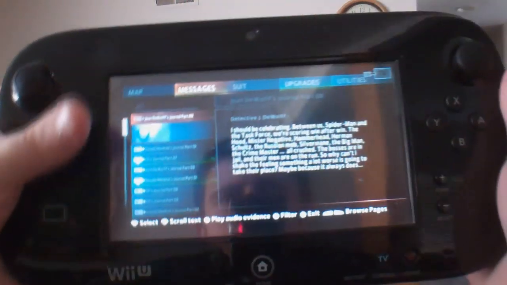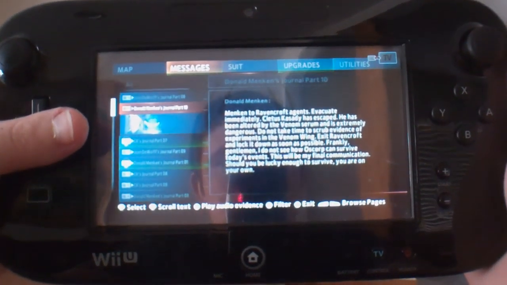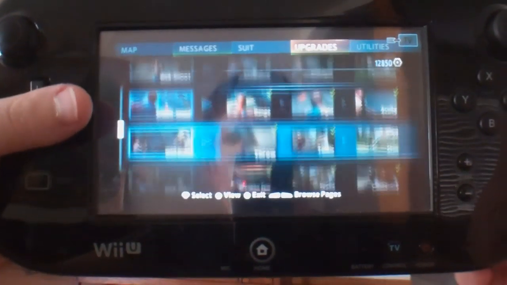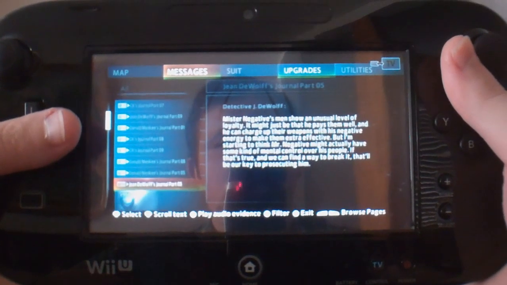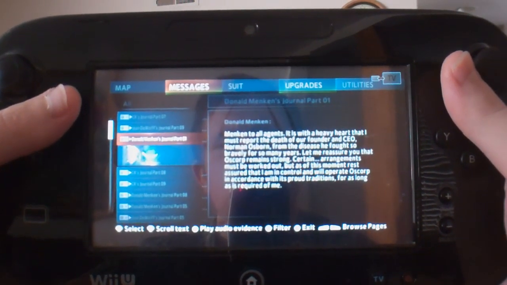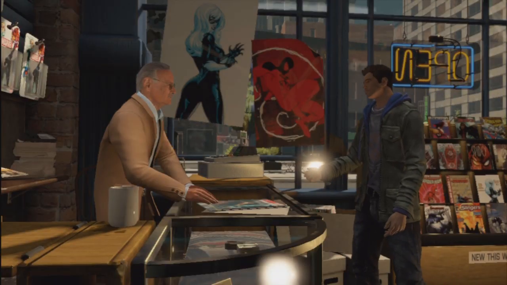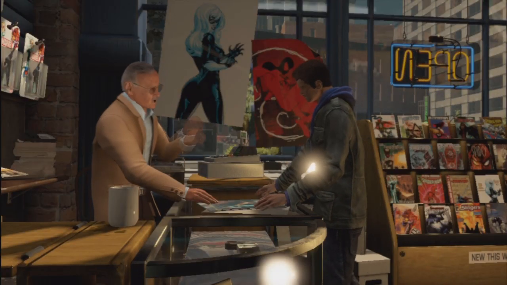Other than that, the gamepad will also show you nifty messages from J. Jonah Jameson, allow you to sort through audio logs, and even upgrade Spider-Man's different abilities. I would have preferred the audio logs to play back through the gamepad speakers rather than the TV like in Batman to make it more immersive, but hey, not a big deal. The Wii U gamepad may not be used in the most creative of ways, but it at least works and